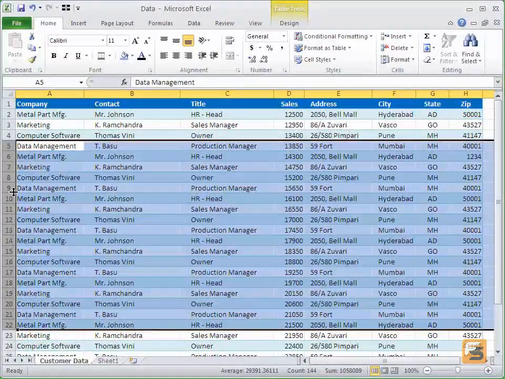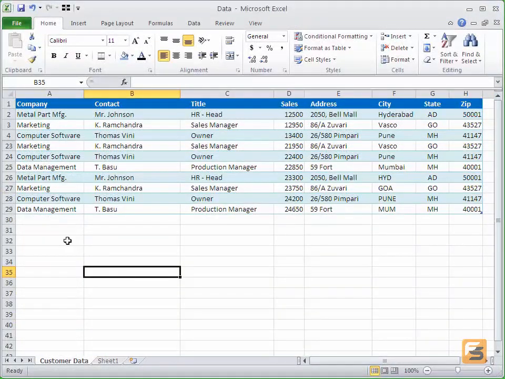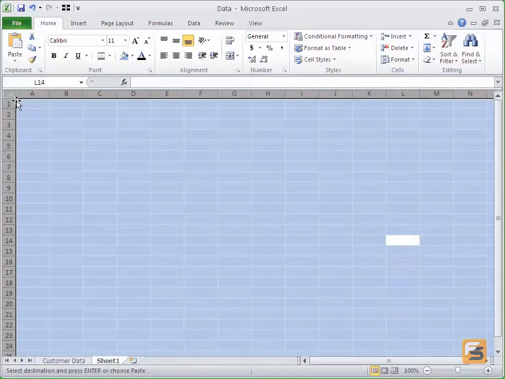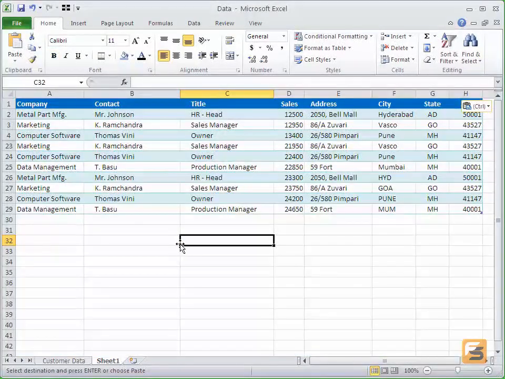For now, I am going to hide some of my cells and copy. I'm going to simply do Ctrl A to select everything, Ctrl C to copy, and I'll simply go to Sheet 1. On Sheet 1, I'm going to Ctrl V to paste, and I've only received the cells that were showing